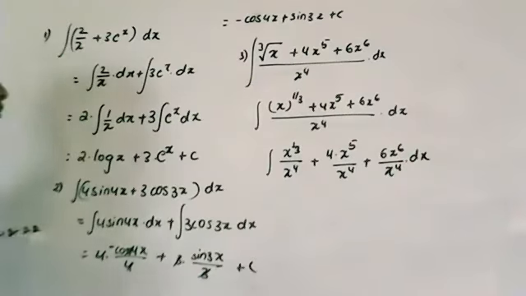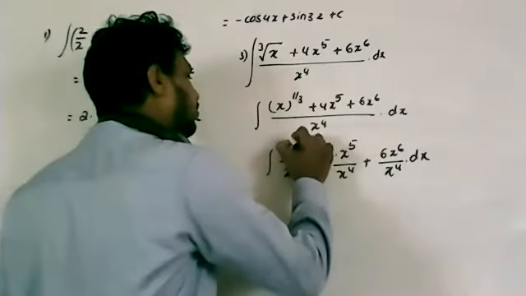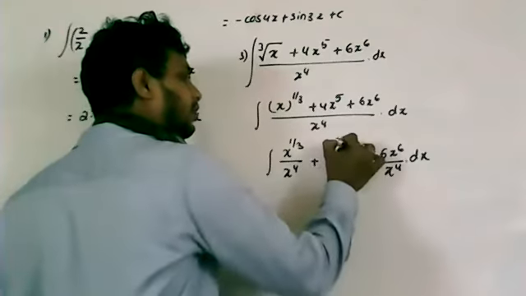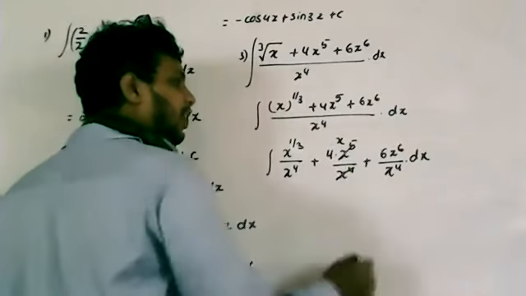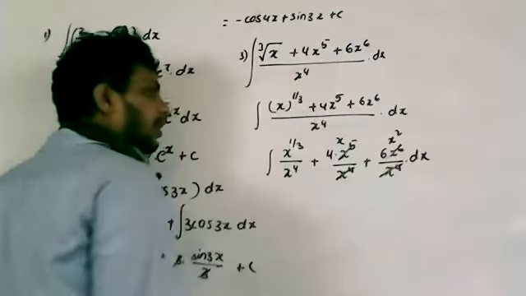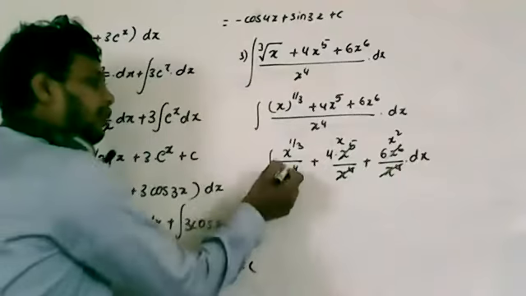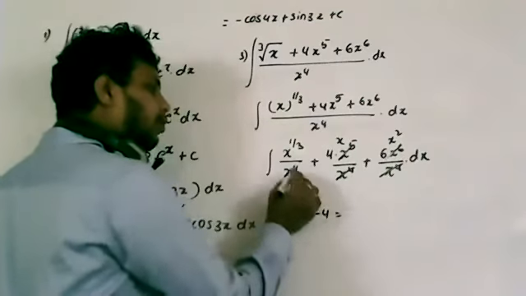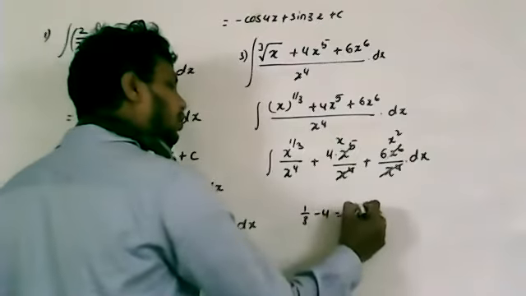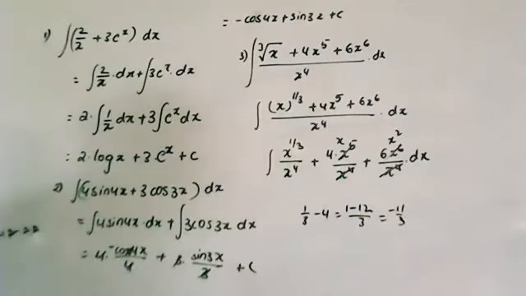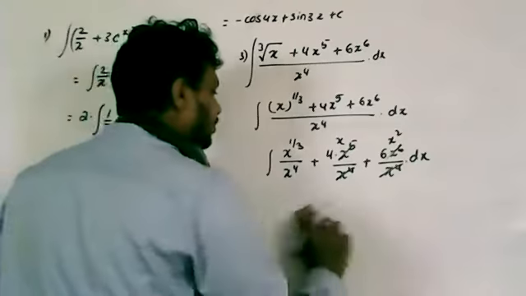Now you can take the cancellation. If you take the cancellation, what are these values? x to the power of 4 and x to the power of 5, it will cancel 4 times. Therefore, x will be remaining. So for the last term, 2 times will be remaining. And for the first term, it goes to the numerator, then x to the power of 1 by 3 minus 4. So x to the power of 1 by 3 minus 4 is 1 minus 12 by 3, that is equal to minus 11 by 3. Clear? What is that value? Minus 11 by 3. Now I will write like this. Clear? I'll write like this.